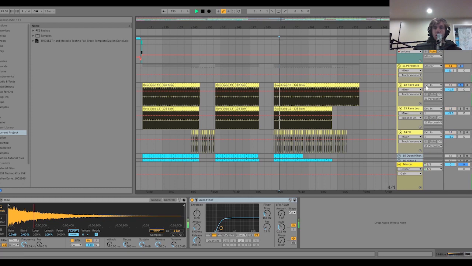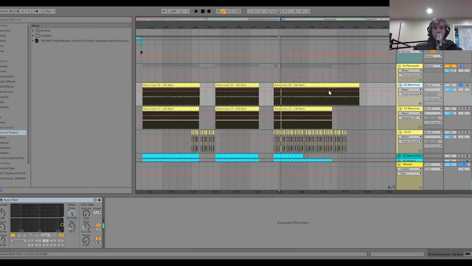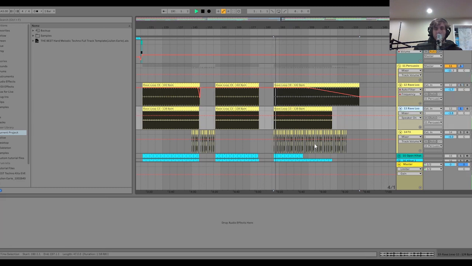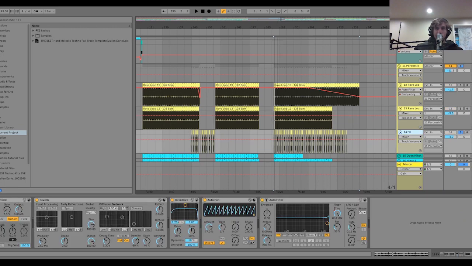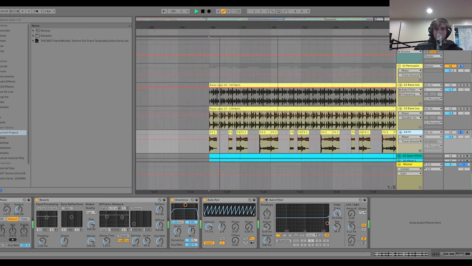So it's this. Again, another one of my Rave loops. Got a little bit of automation on this too in the outro. So that's in the mid-range. We have this one, which is another one of mine, which is adding some mid-range, high-end with some hi-hats. And then we have this little effects loop that I made, where it's basically just some of my effects samples